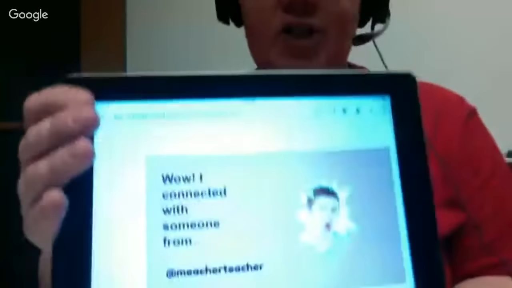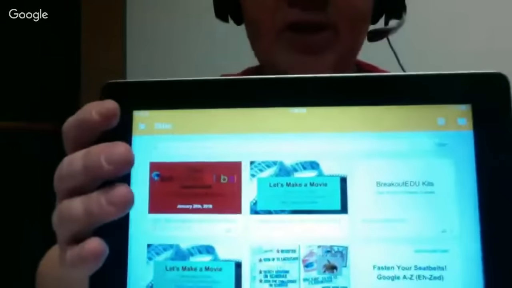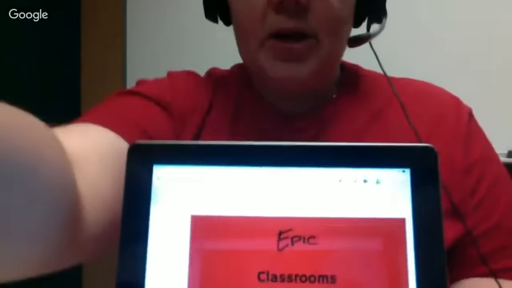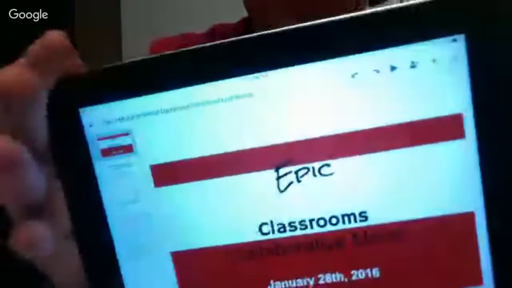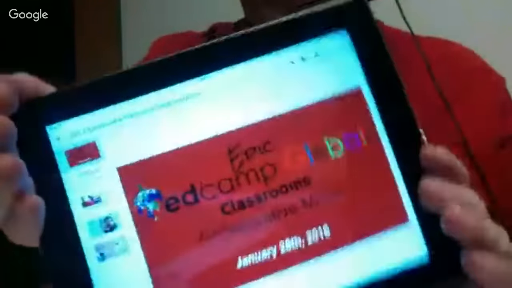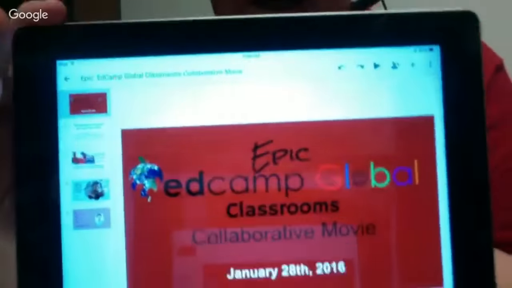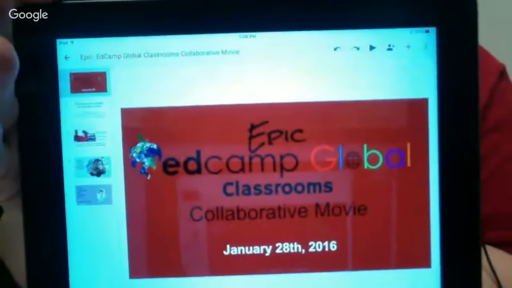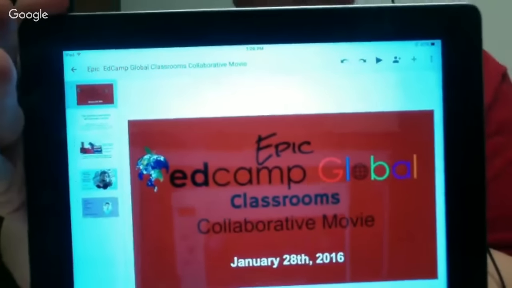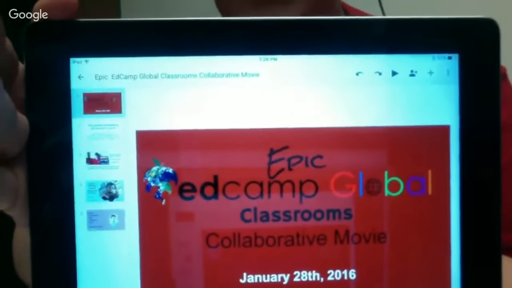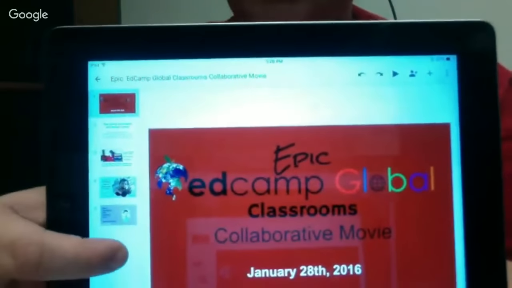So instead of sharing my screen with you, I'll just give you a little bit of an overview on the iPad. So we'll try and do this so that there's not too much glare. Let me get this set up in a way that maybe you can see. So this is my iPad screen, and you will see that I can still go to the bottom of the screen.